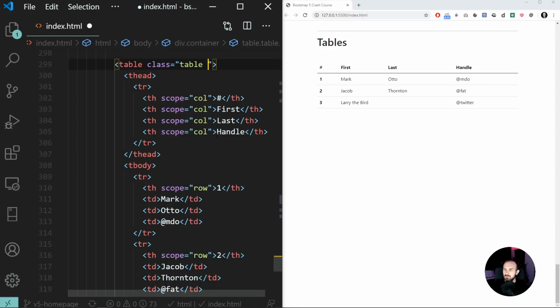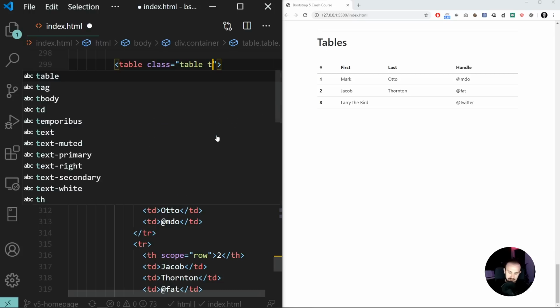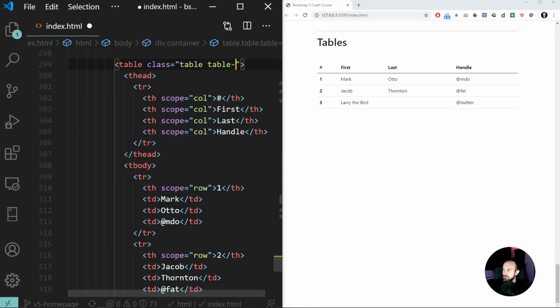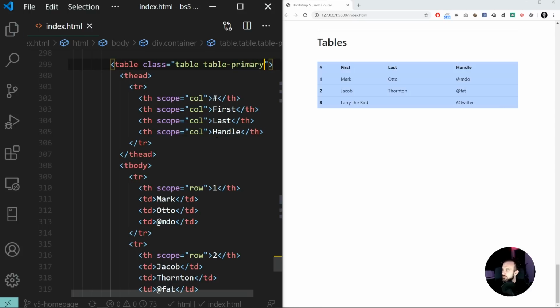So for example, if you would like to change the color of our table, we just need to add a class like table-primary, which will change color of our table to Bootstrap primary